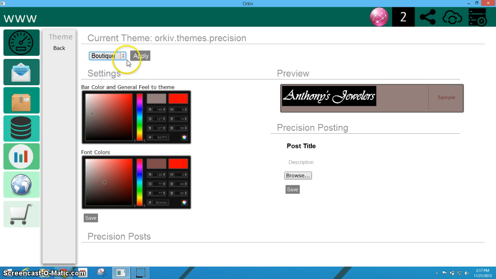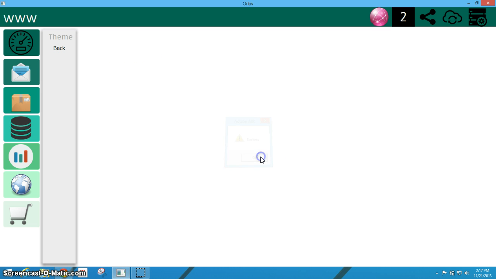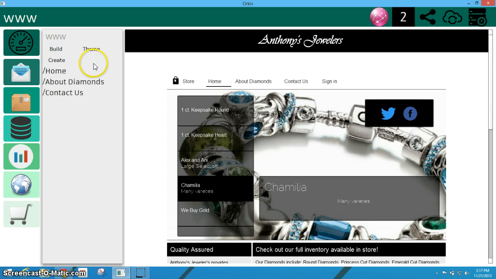If we come into boutique, there's a different set of adjustments, though they're not set up for this theme yet. So we'll have that there very soon. Now if we can go back here,